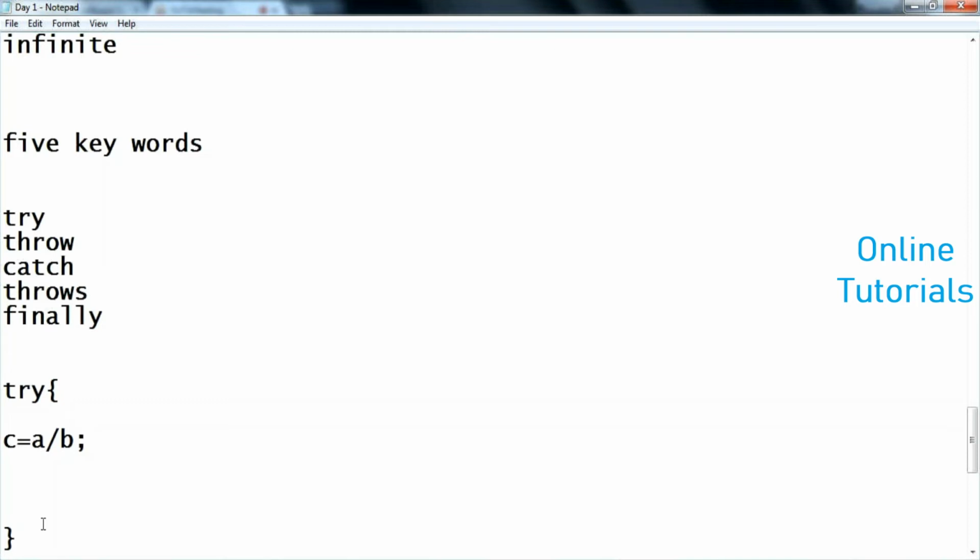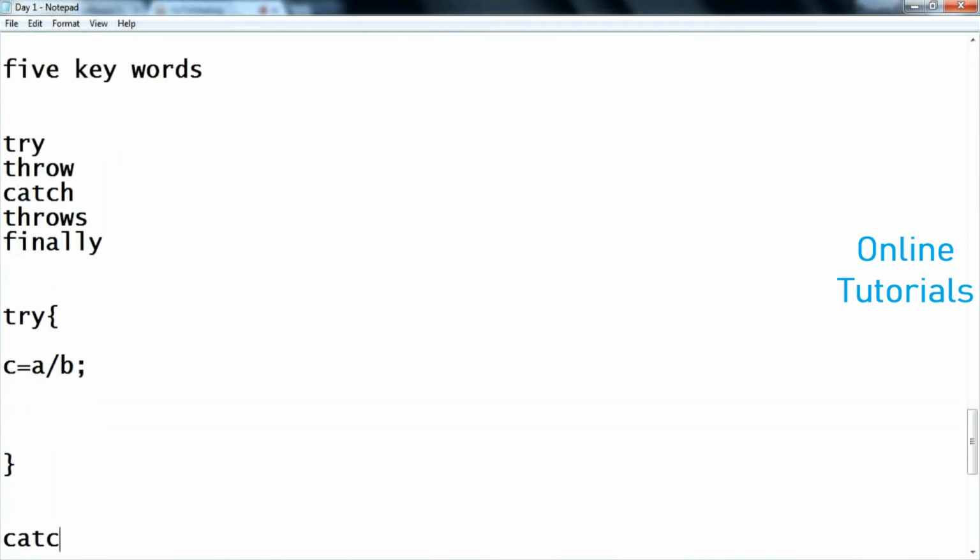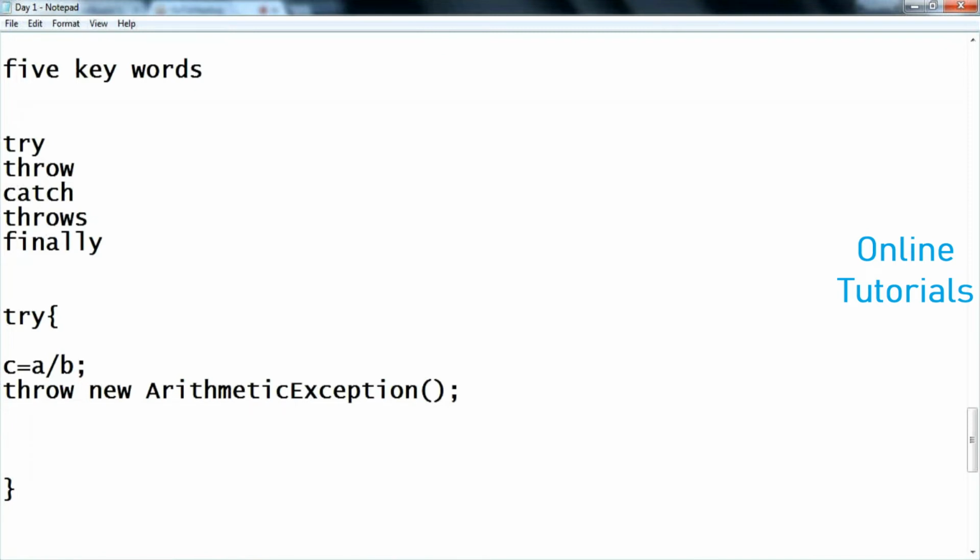And then, what are the exceptions you have tried? You should catch. That will be thrown using a keyword called throw. Means if you are expecting an exception in this statement, you should write like this: throw new ArithmeticException. As I mentioned, in Java for every exception there is a predefined API. So what kind of exception are you getting here? You are getting an arithmetic exception. So this will be handled by the ArithmeticException class. So whatever exceptions you are throwing out,